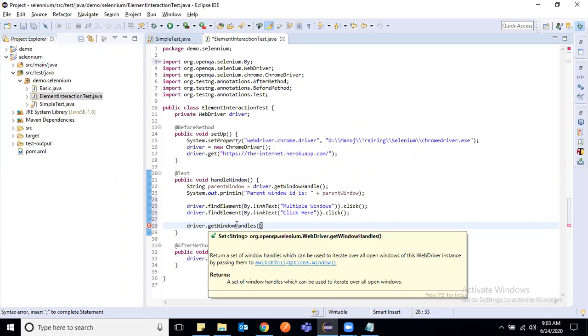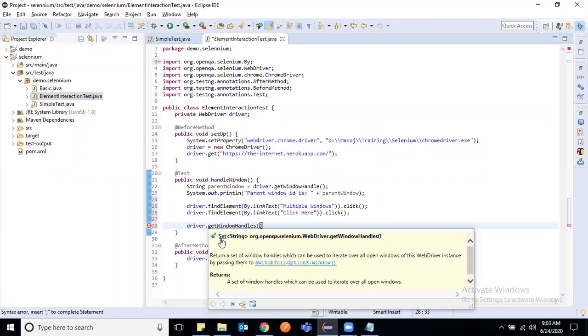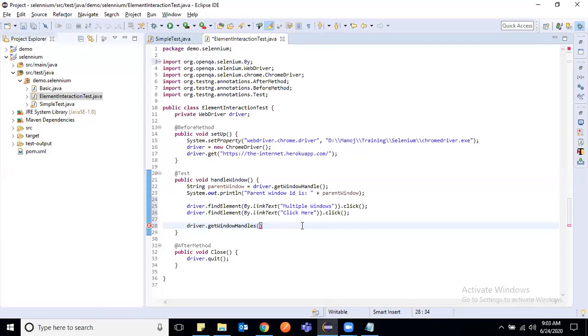If you mouse over it, it says what it returns. It returns a set of string type. So what is a set? Just for now, remember that, I will write here: Set is an interface which extends Collection.